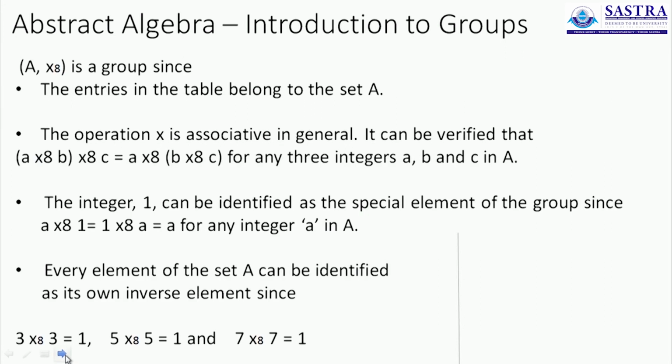So we see that this set under the operation of multiplication modulo 8 forms a good example for a finite group. It is closed first up. You also see that the operation is associative. There is the multiplicative identity in 1, and every element is its own inverse. So we see that this set along with this operation forms a nice little group for us to discuss.